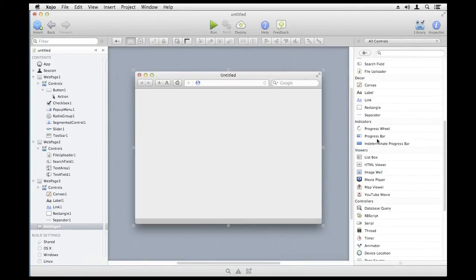Our indicators. And there's 3 that are listed here, 2 which are, again, variations on a theme. The progress wheel is just a little spinner, and this spins whenever it's visible. So generally speaking, if you're using one of these things, and these things are used when your app is doing something and you want to let the user know that it's busy thinking or whatnot, you get this little spinning animation that appears, and you add it to your layout. You set it to invisible,